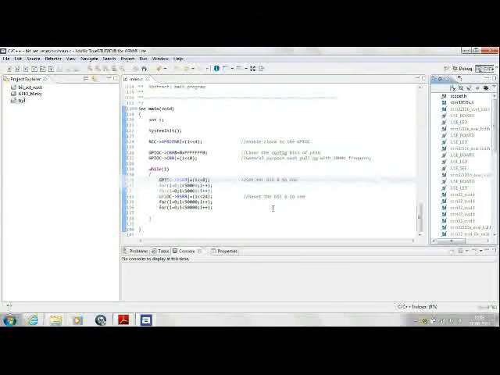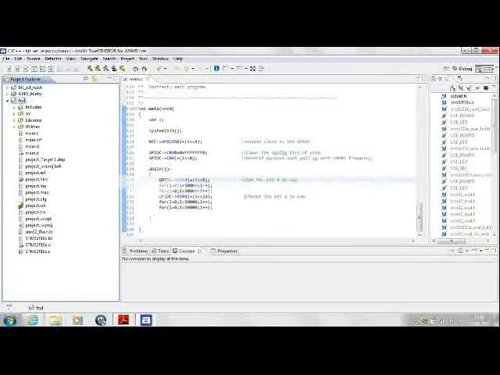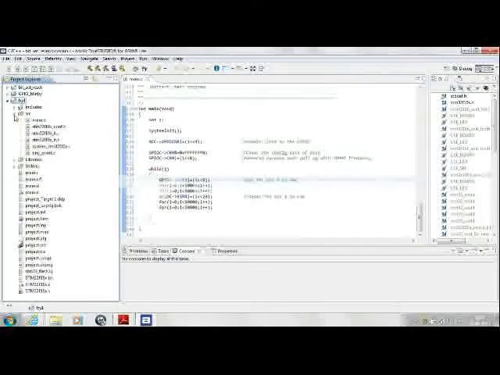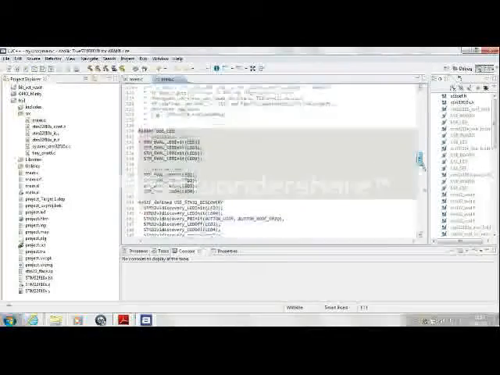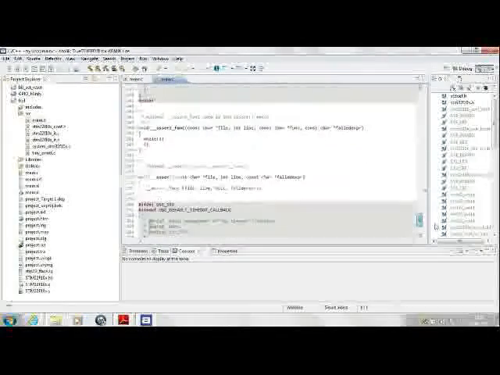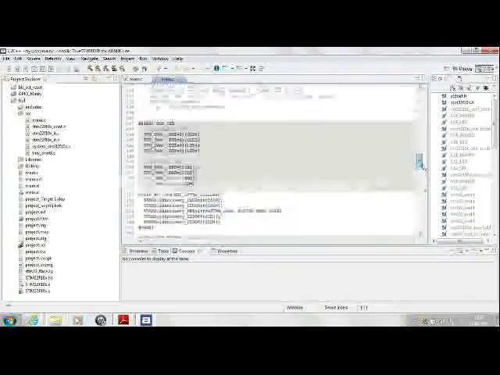After you finish, you will have this try project that was created. Don't be confused, this is the earlier project that we have. Go to main and have all this put in. Go to the place where it says int main.